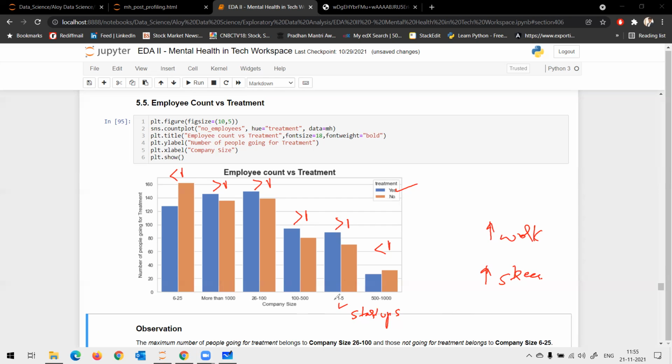Now the company slowly grows from 5 to 6 to 25. I see the reversal in trend here. Correct? What happens here?